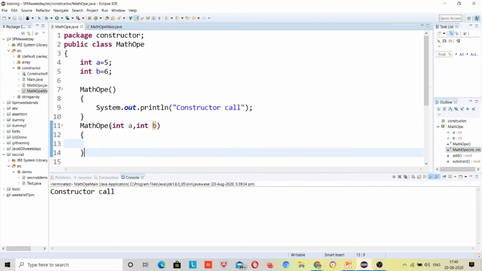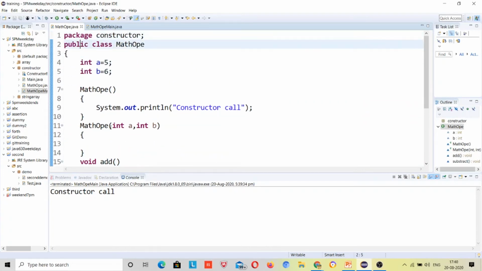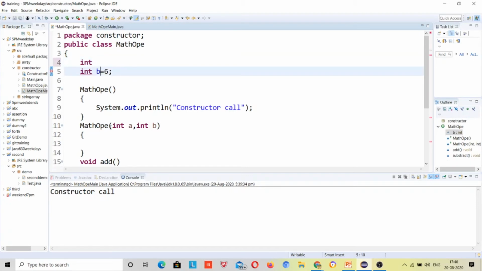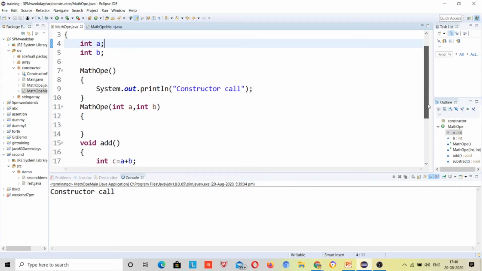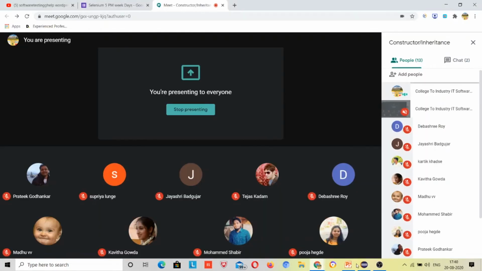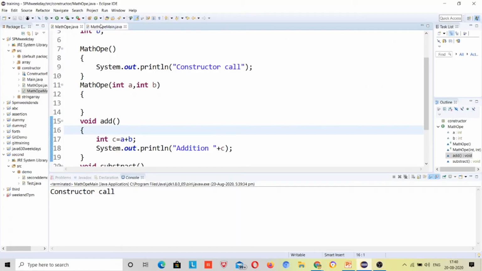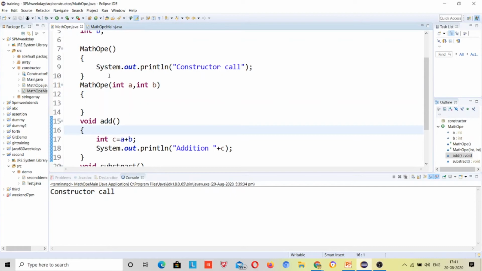Now what should we do? Just remove these values, and send these values when you are creating the object, right? So now new 5 comma 6. Now what will be the output?